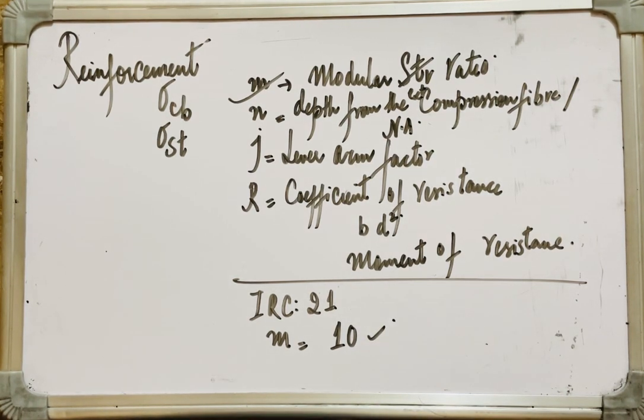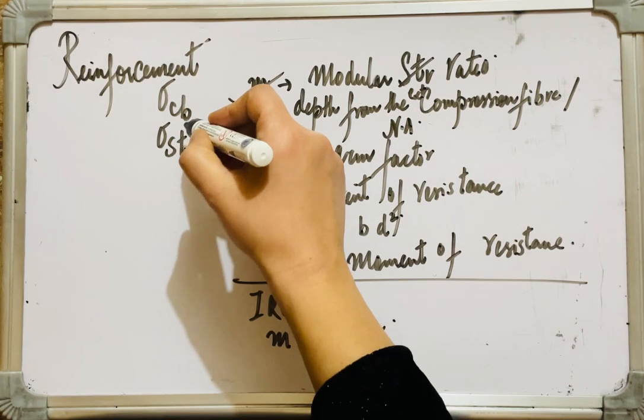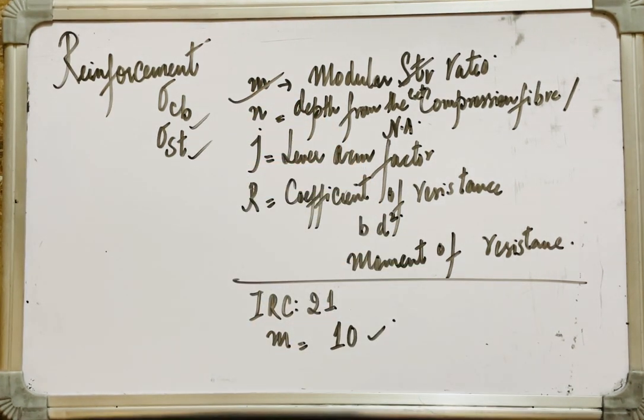All right. So this was about the elastic design coefficients, which we use for calculating our reinforcement details and effective depths, etc. And I have my elastic design coefficients M, N, J, and R for a given set of values of sigma CBC and sigma ST. And as per IRC 21, we take M, or the modular ratio, as 10. Now,